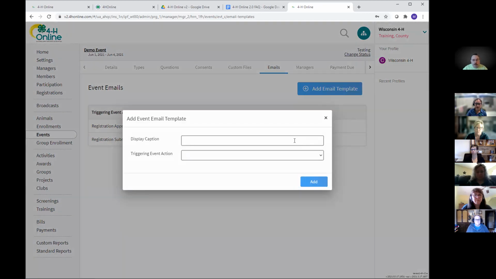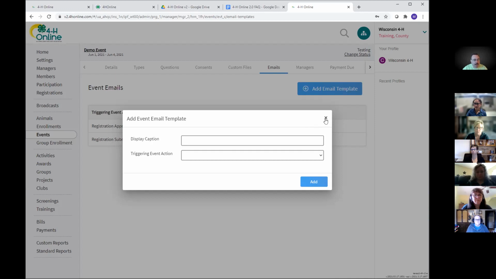Mike, before we get too far away from our last thing, we do have a question on the file type. Can we choose more than one file type? For example, some people will send a PDF and others take pictures of the document and send it as an image. In that case, you'd want to have